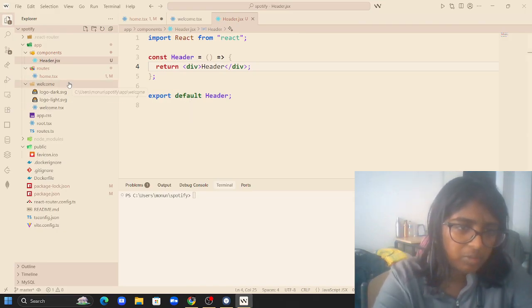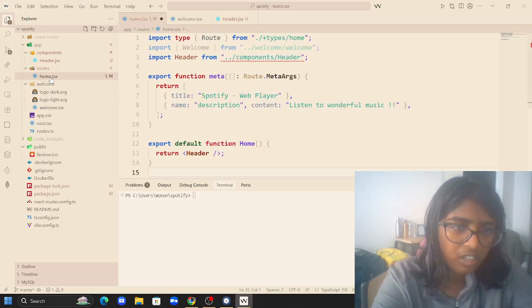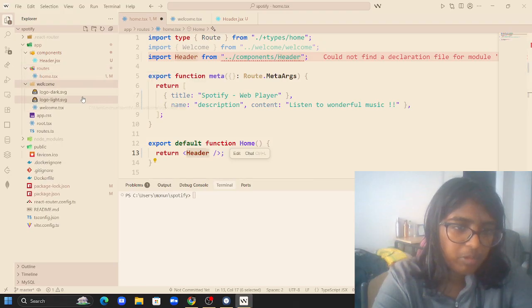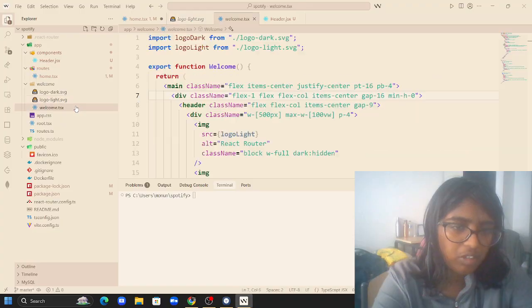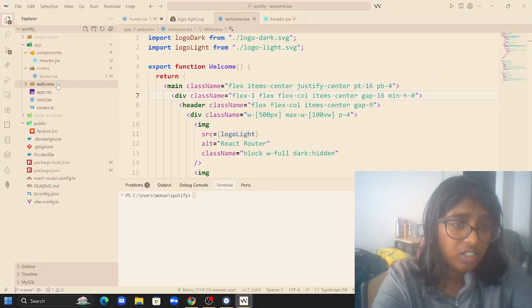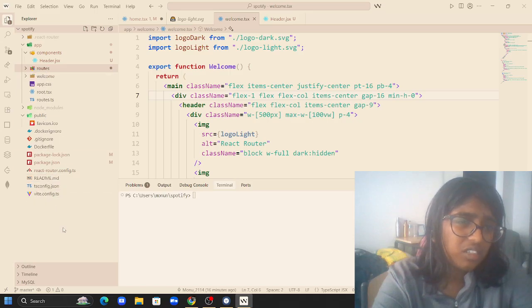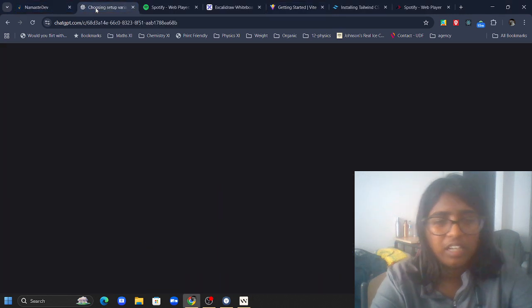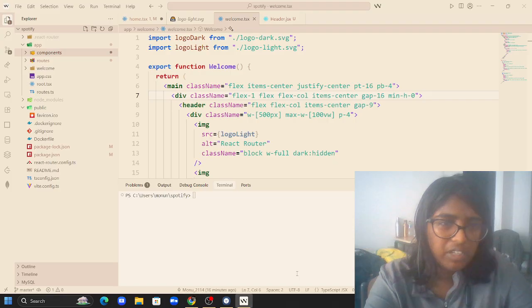What I meant to say is, if you think about it, they have just called the welcome component here, and in this welcome component, they have put the logos and also this welcome.tsx here itself. So is it a compulsion to create separate folders for each? Is there anything mandatory? I'm thinking, maybe it's like Next.js where you would,